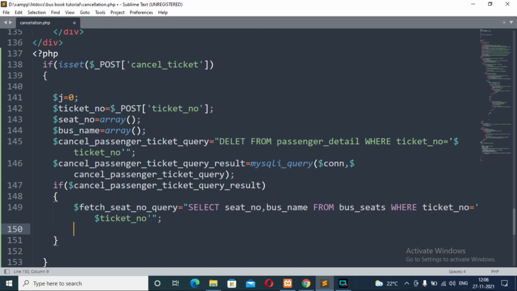Now fire this query using the same concept, that is the MySQLi query method, and store the result into the fetch seat number query result PHP variable.